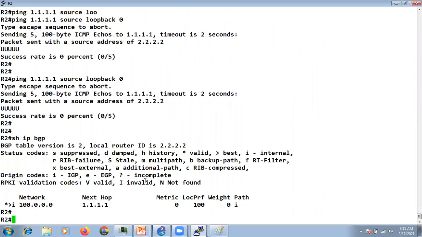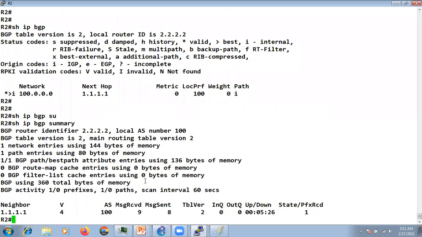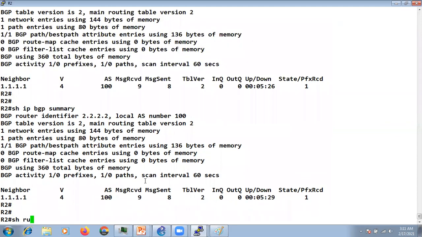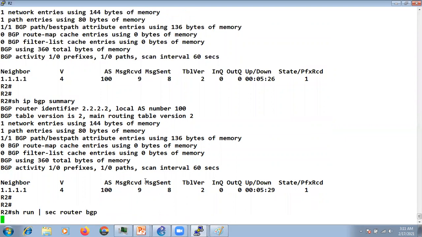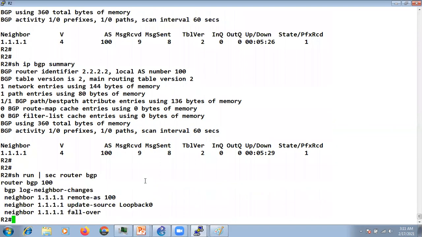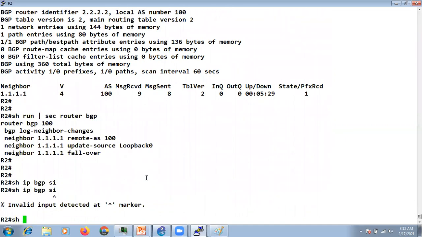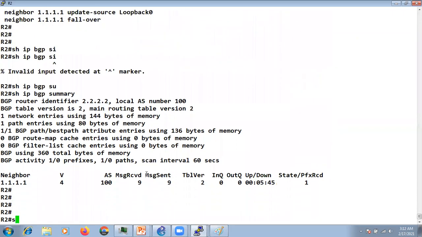Show IP BGP. Show run section router BGP. It didn't work somehow, right?